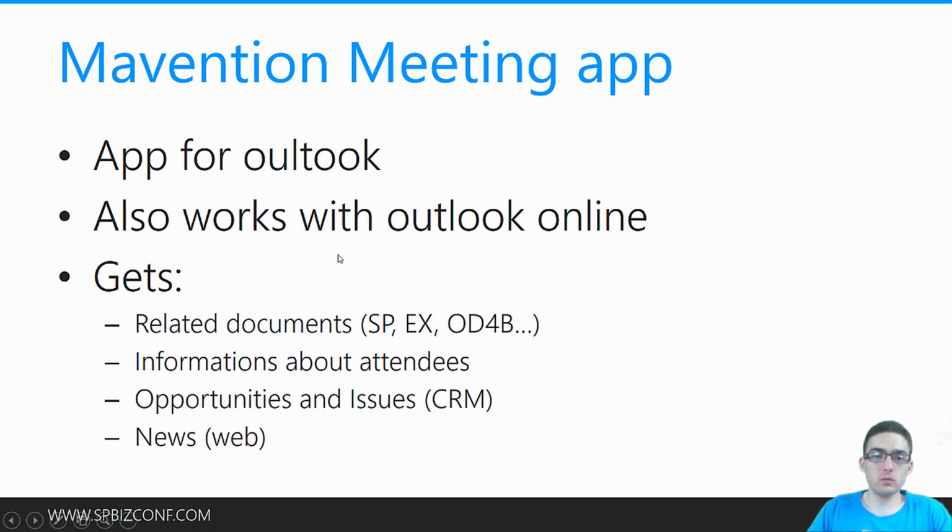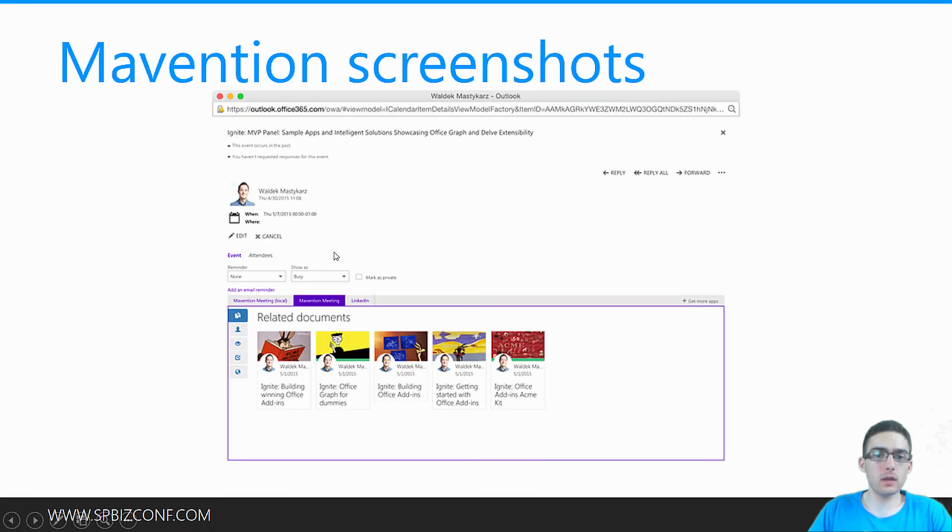If we have a look at some screenshots, here we have Outlook Online, the Outlook Online experience. What they made is an Outlook add-in, a mail add-in to be exact, and at the bottom of the page, in the pink section, what you can see is based on the content of this meeting and the people who were invited to the meeting, and based on the Graph API, they've been able to